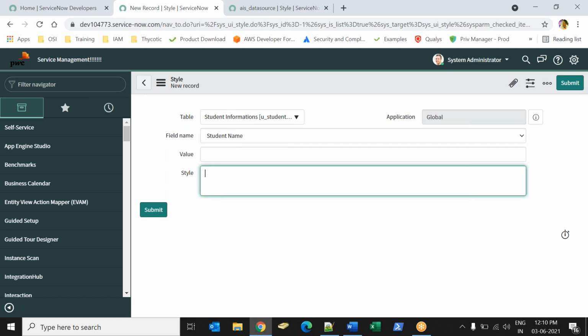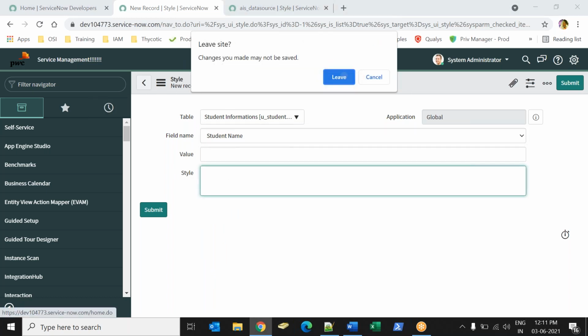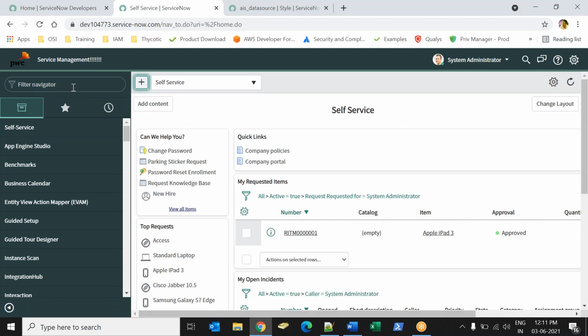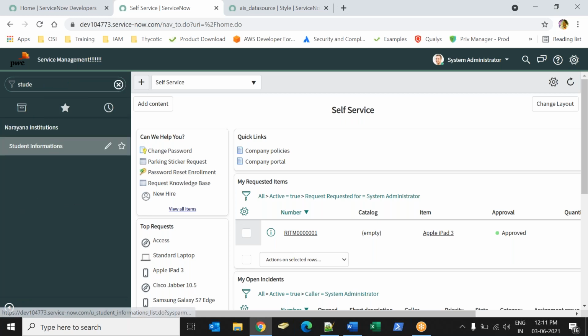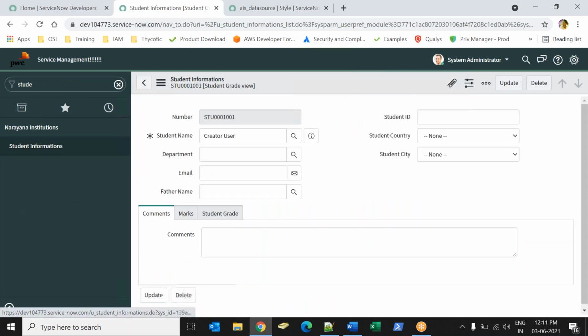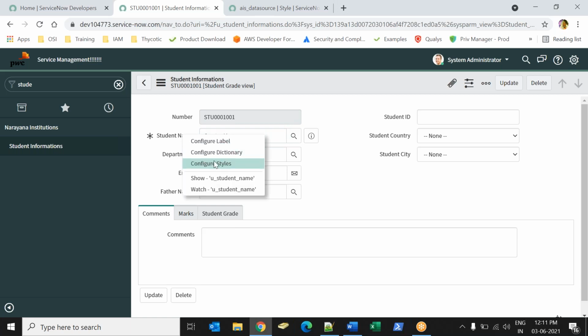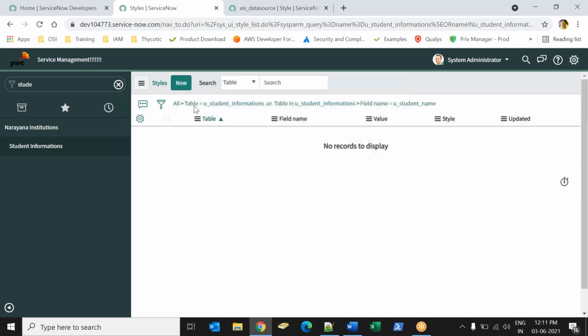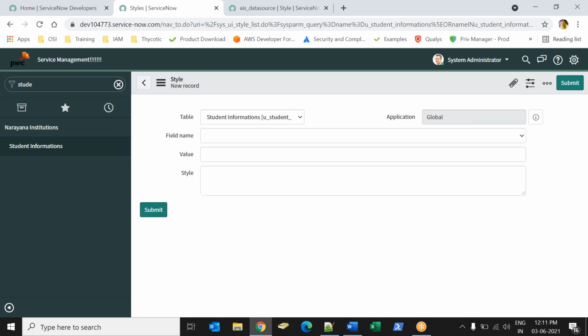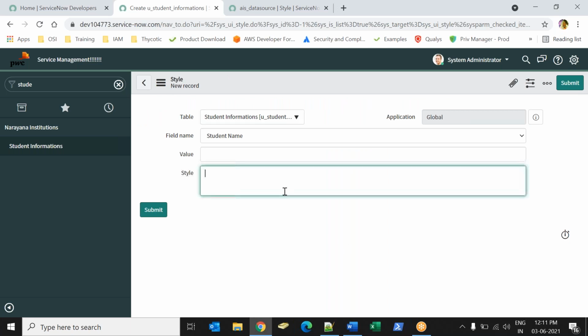Then you can style here. So this is one way of navigation, or you can directly go from here. Information, hit on this, right click on it, configure styles. Remove, and then add your style here, right? So